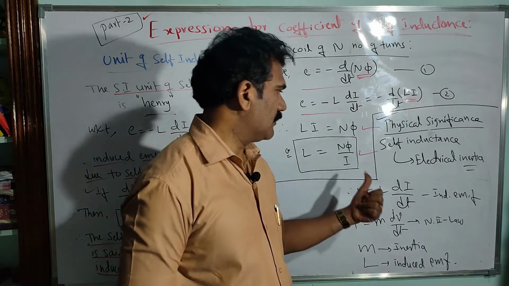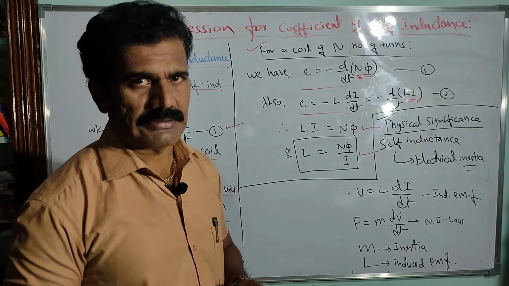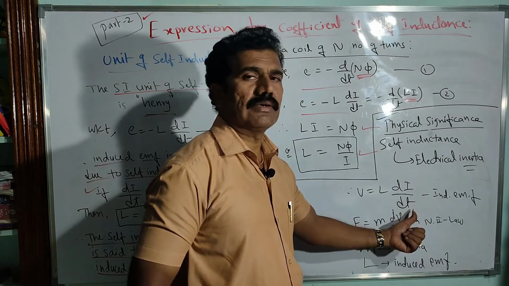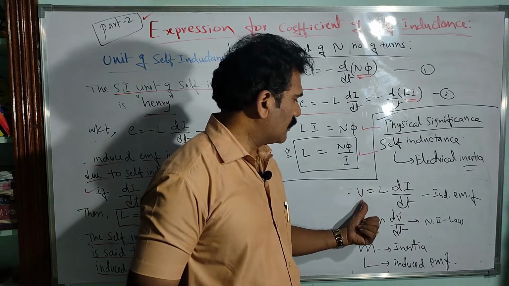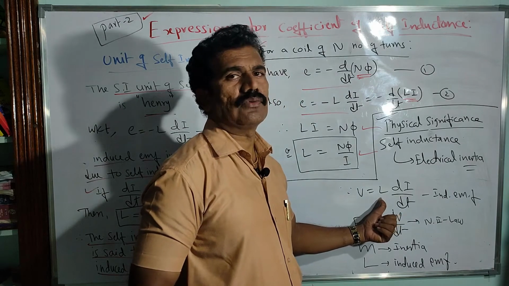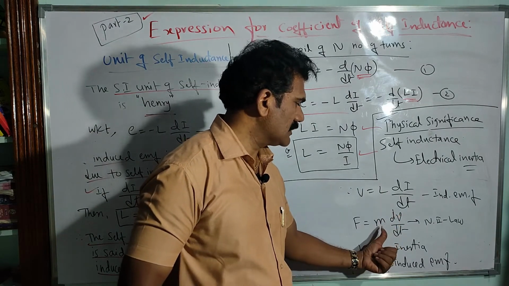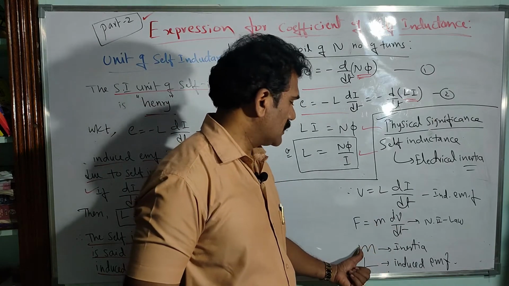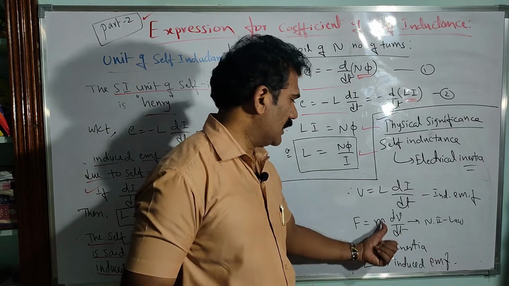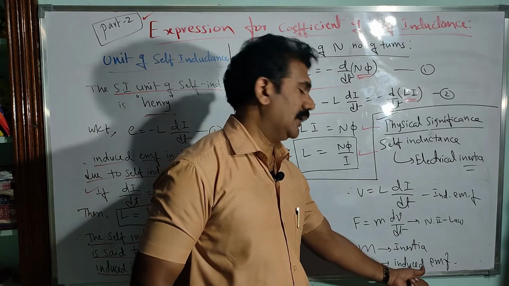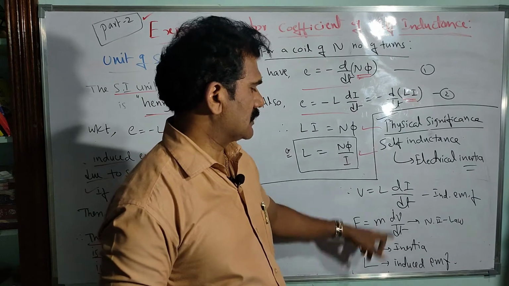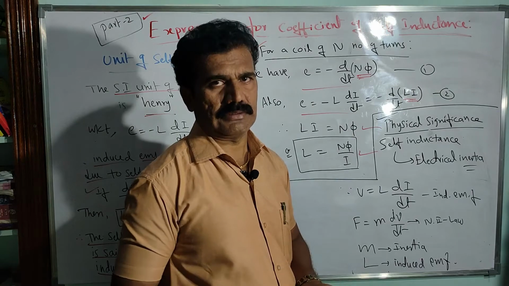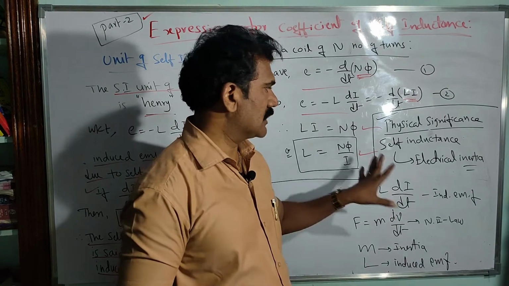In a similar way, if we consider the applied voltage to vary the current, V is equal to L into di by dt: the rate of change of current depends upon the applied voltage, multiplied by the self-inductance. The coefficient factor is now L; there the coefficient factor is mass m. So both are similar here. The role of mass is in inertia, the role of L is in case of induced EMFs. In that way we can say self-inductance produced in the coil is equivalent to the inertia, and hence it is called electrical inertia. That is the physical significance.